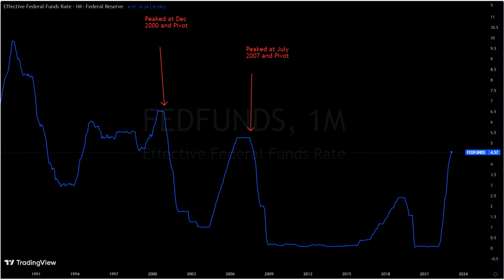First chart is the monthly chart for the Federal Reserve fund rate. So this is basically the interest rate. If you want to simply say it, this is just the interest rate. And the Fed fund rate is now at 4.57. This is based on this chart. We had this low here due to the COVID crash. So this is interest rate going up starting 2015 all the way to 2018.